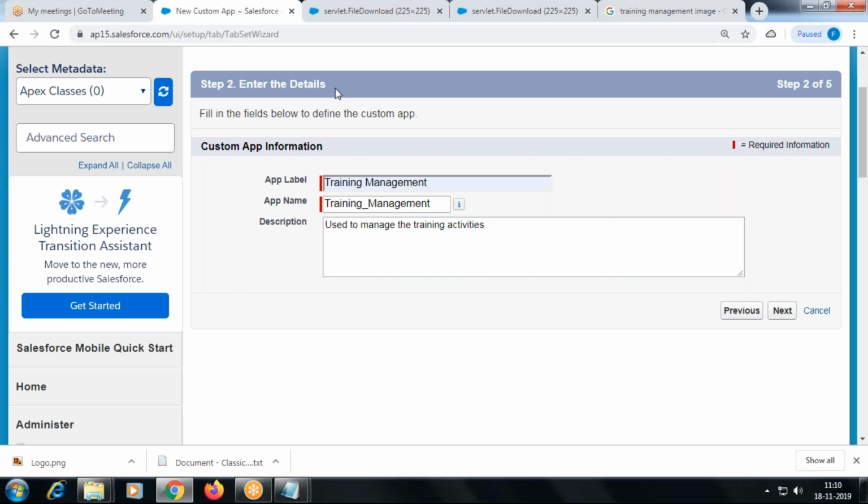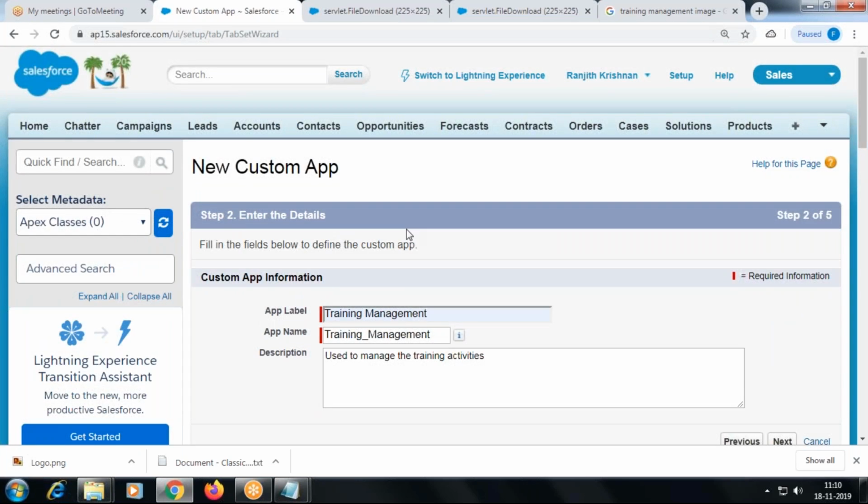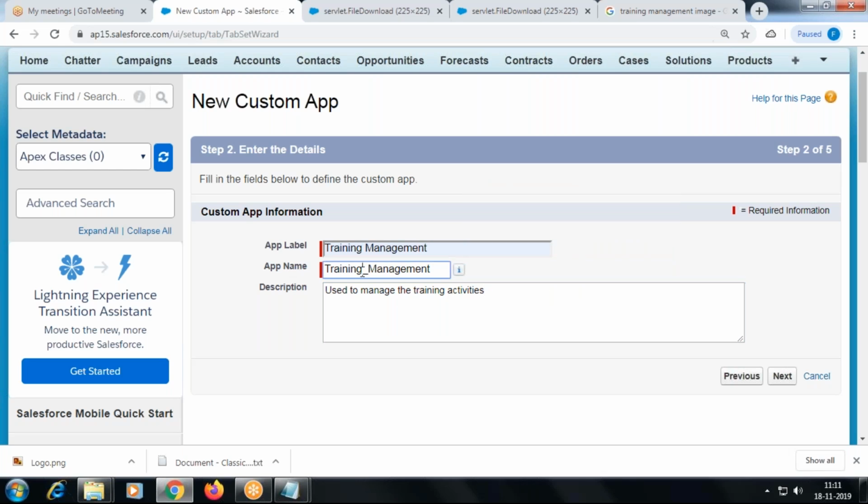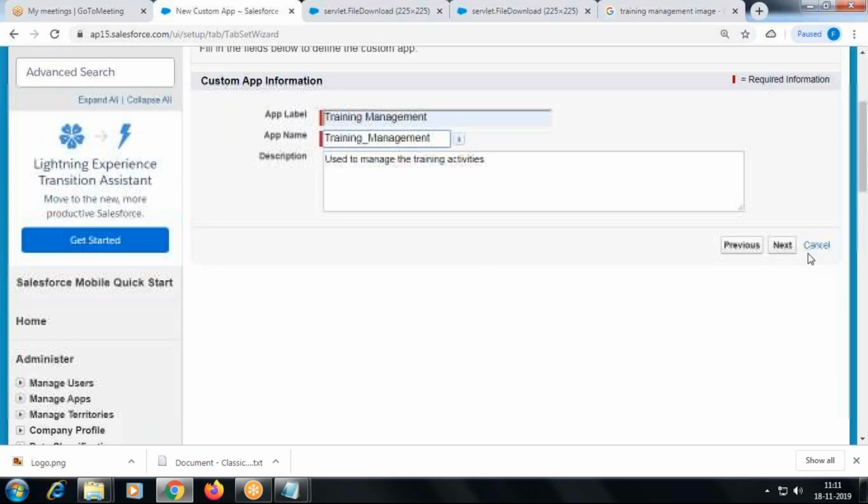Next, the first step is I click the new button and enter the details. What is this? It's a unique name, so that the application can be referred to in your program. Wherever you keep the cursor and it says API name, it means I can refer to this name in the program. Any name you refer to in the program will not have a space. It should have an underscore, or you have to give the name without any space. Is it clear to all of you?